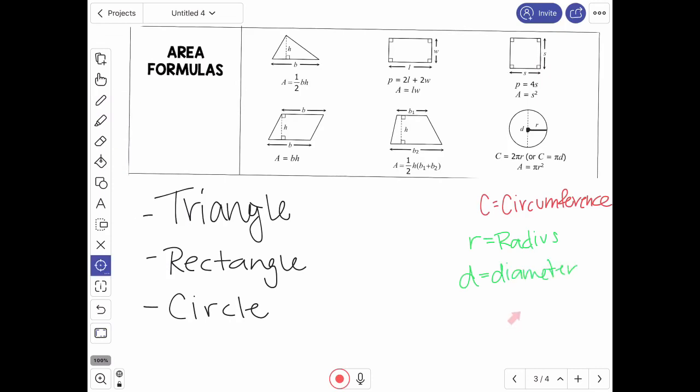So really the diameter is 2 of your radius. So diameter is 2r. So that's why the circumference can either be calculated as 2 pi r or just pi times the diameter, because your diameter is really 2 times r. So either one you want to think about. It just depends on whether you have the diameter or the radius, or which one you want to calculate. However, for area,